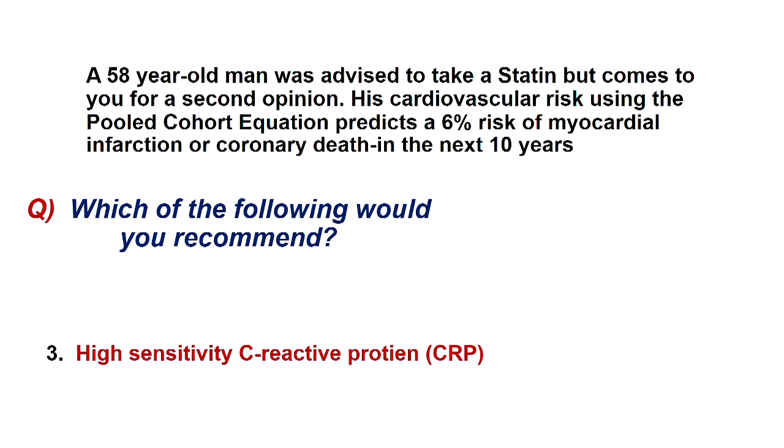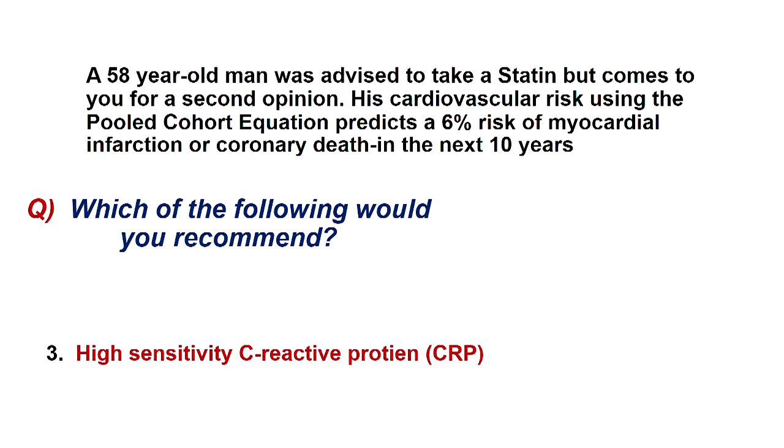So the intermediate risk patient, if they have a high family history, put them on a statin. You all should remember the Jupiter trial, a landmark trial. Patients had an LDL of 130. So what they did was they checked the CRP. If the CRP was high, they took those patients and put them on a statin versus placebo. And there was a significant reduction in major cardiovascular events in patients who had an LDL of less than 130